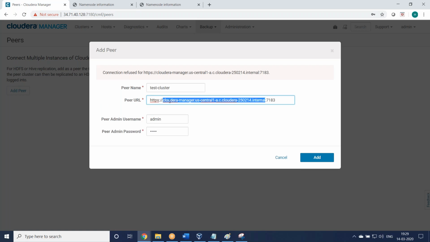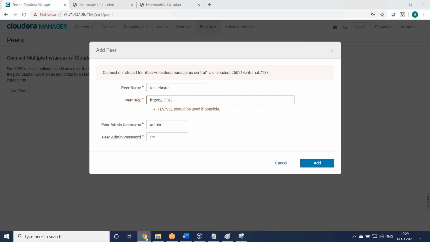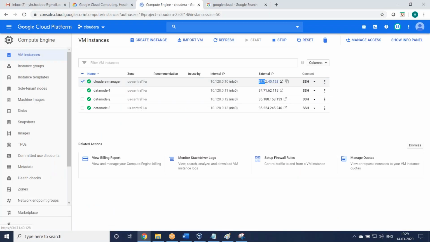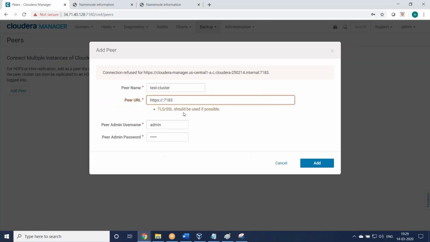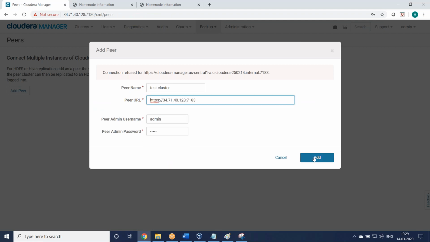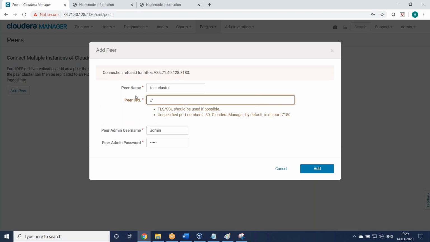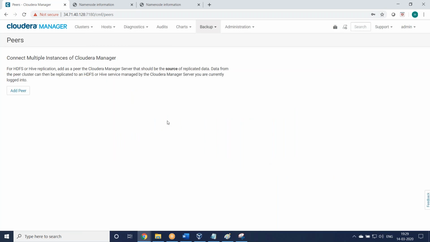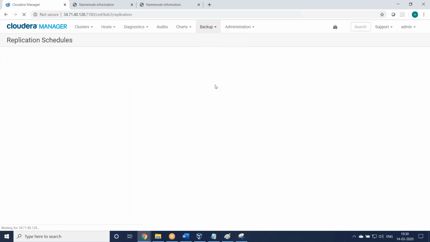Let us change the IP. Connection refused. There may be some problem. For HDFS and Hive replication, add a peer Cloudera Manager server. That should be the source of your replicated data. Data from the peer cluster can be replicated to an HDFS or Hive managed by the Cloudera Manager. Okay, so the peers option is not working.